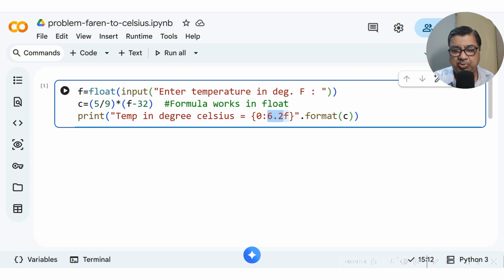So 6.2 F means the floating calculation is there, and this 0 means that this is the first value out of this. Suppose we are printing two values, we are printing F also, then another format we can give which will be 1. Okay, so we'll see more items to be printed, but right now we are only printing temperature